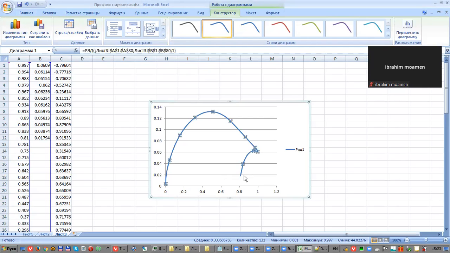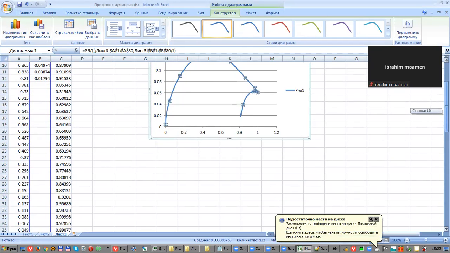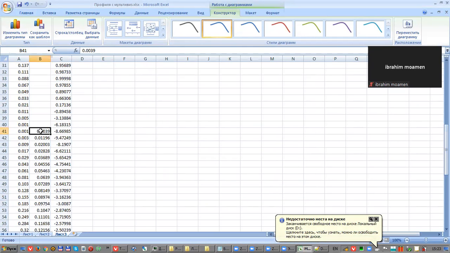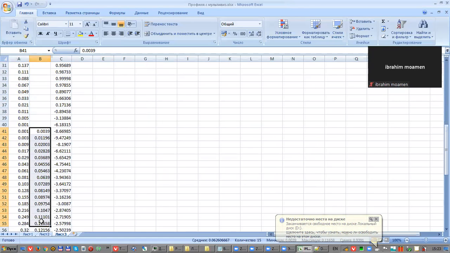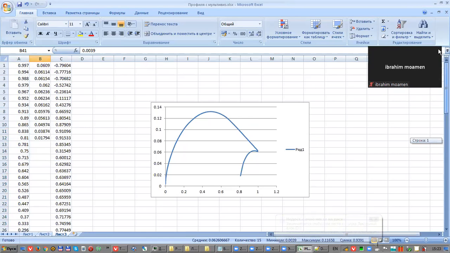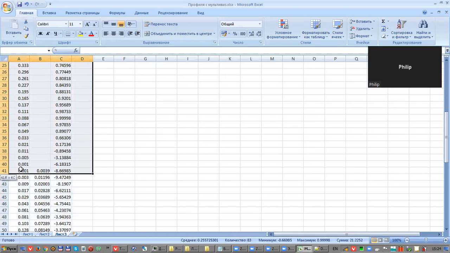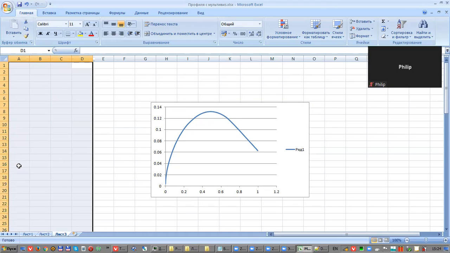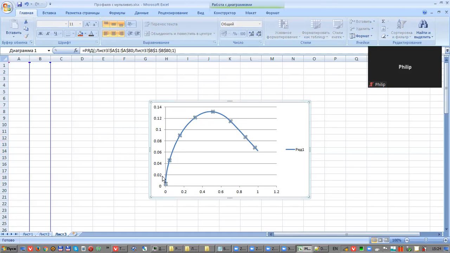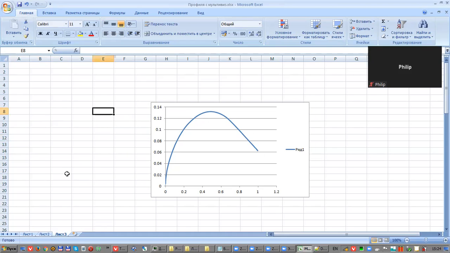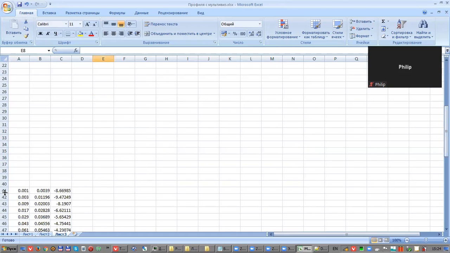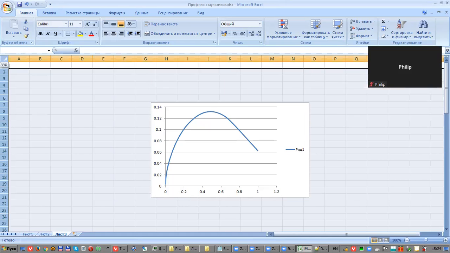Maybe I need to delete also this part. This part corresponds also for lower curve. I don't know this or that data. Maybe that. Oh, I delete. So I don't need this data for first part of work. Yeah, I delete. So I have X coordinates for upper curve of airfoil. So I can delete this 40 rows